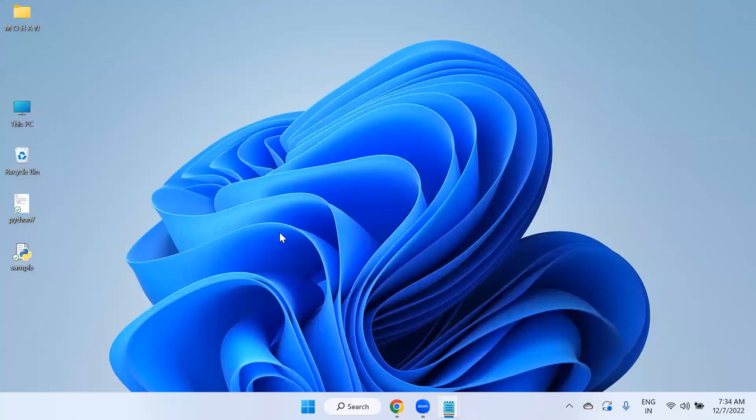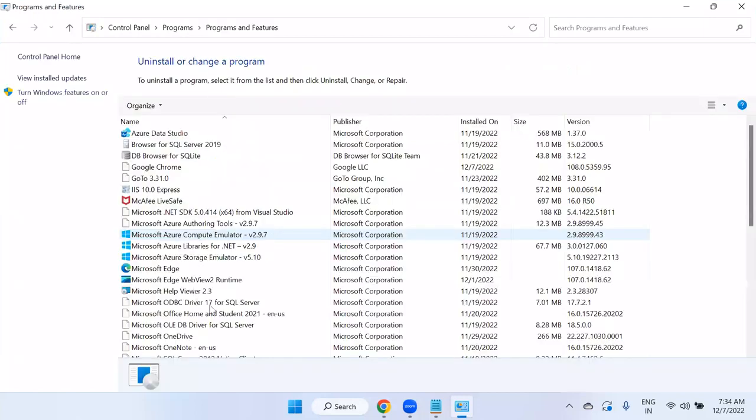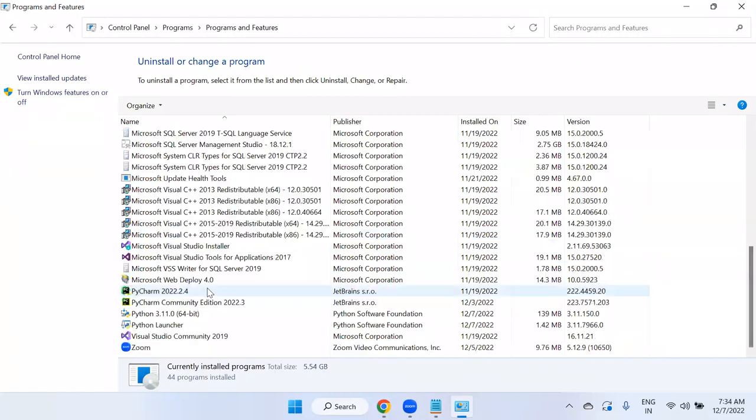So let's go to uninstall program, and I'll try to uninstall PyCharm community. We have PyCharm professional and PyCharm community also there. I'm not going to uninstall PyCharm professional because there are a lot of Django and Flask REST API batches in my upcoming sessions. I don't want to disturb them. So this I want to